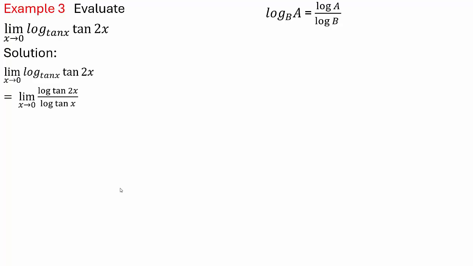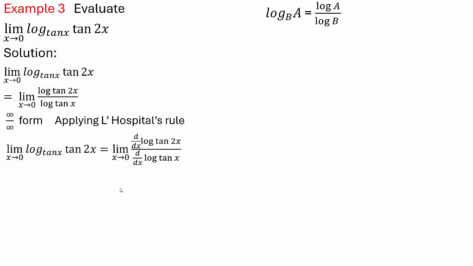Therefore, this can be expressed as limit x tends to 0 of log of tan of 2x divided by log of tan of x, which is infinity by infinity form, and hence applying L'Hospital rule, we will get